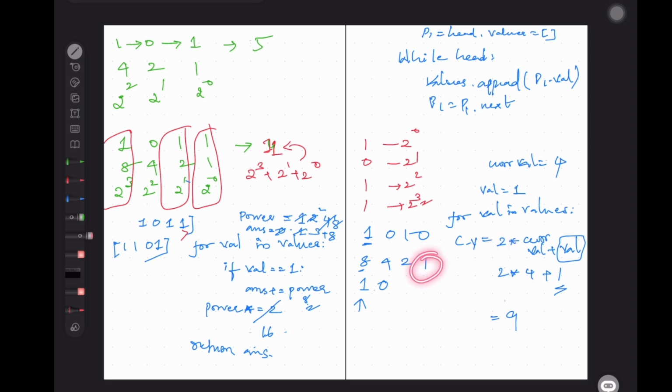So how many 2 for this? 2 to the power of 1, right? So how many LSB left? That many 2's you would have multiplied for sure, right? So that's what. And if the bit is set, you are appending 1 at that particular position itself. If it is 0, then we are just multiplying how many bits till now set. That's it. Okay, for this bit you have to multiply by 2 to the power of 1.